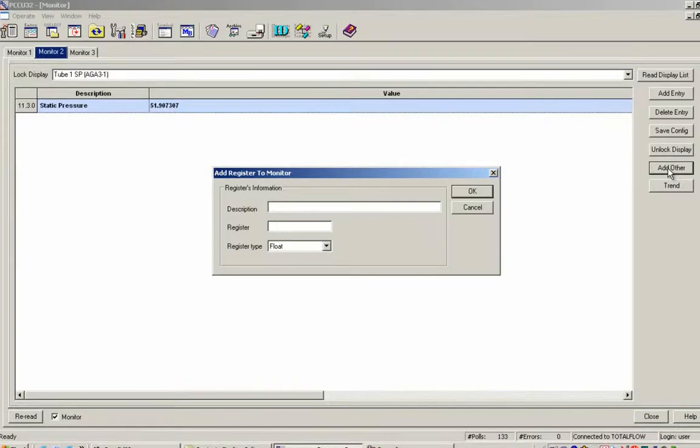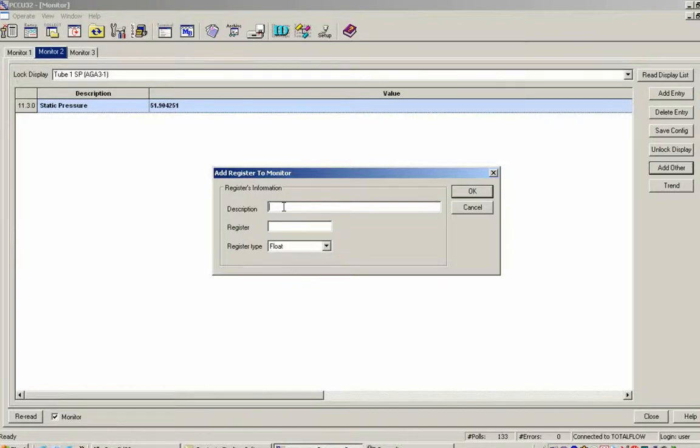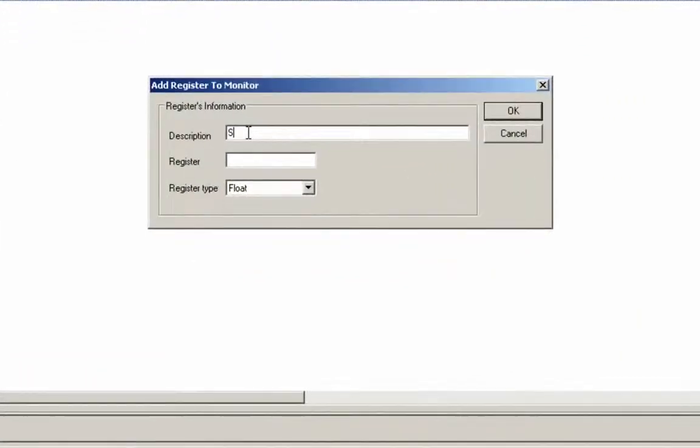The register information. We have a place for a description, a place for a register, and also a place for a register type. So up here at the top left, we know that static pressure is 11.3.0. I'm going to show you how we could add anything we want, anything inside of the G4 that has an app array register. As long as we know what the app array register is, we can type it in here and view it in our monitor mode. So just for simplicity, I'm going to put in static pressure,